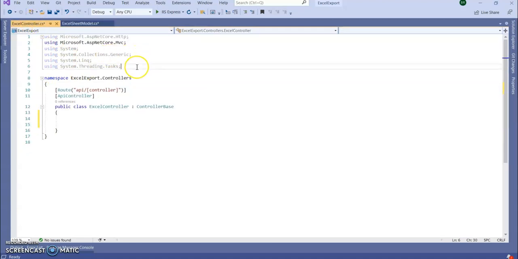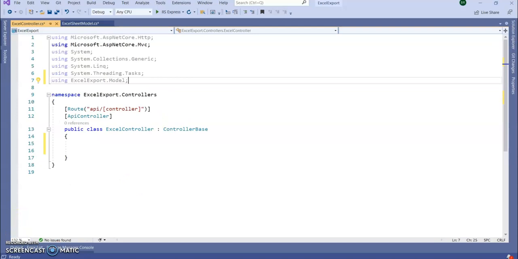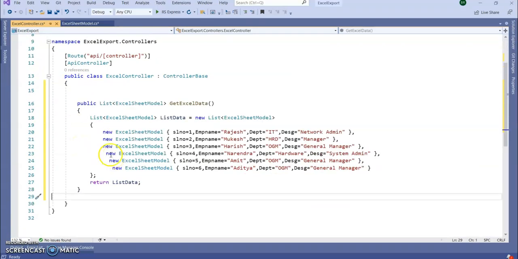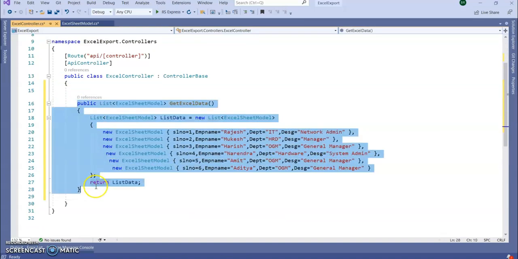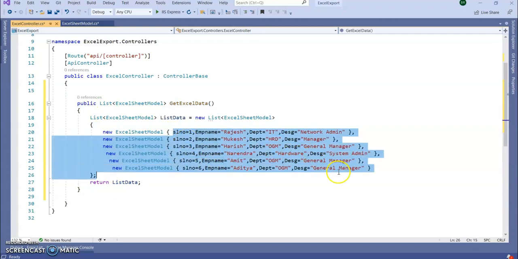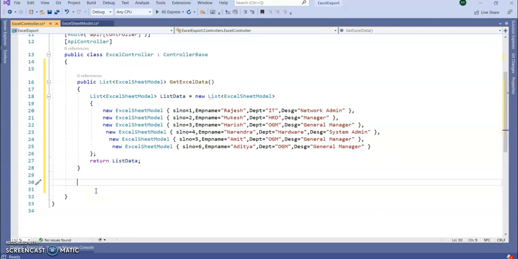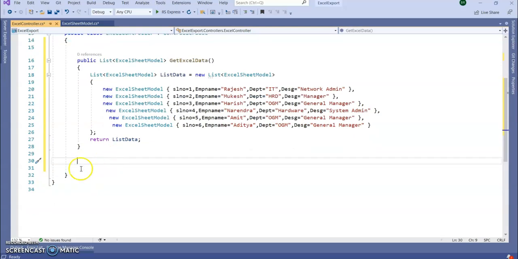First of all, I will add my folder here. Inside this controller, I created a function to return the list of Excel sheet model using some static fields.